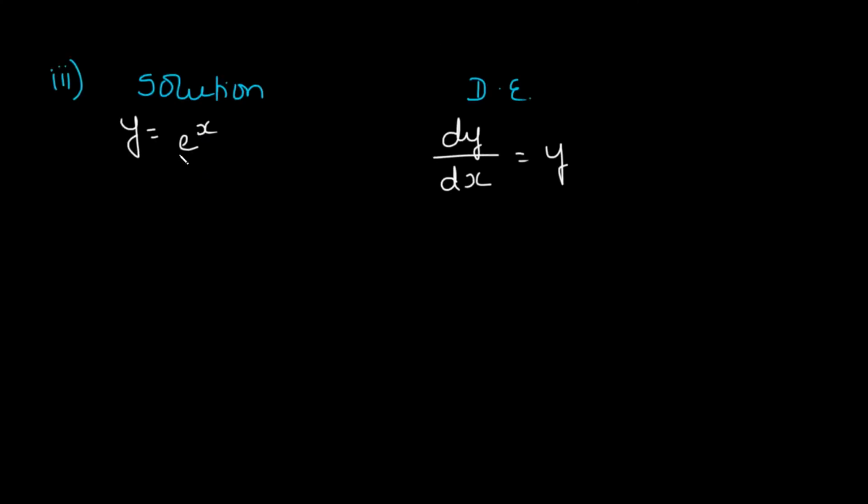The third question is really easy. As you can see, y is equal to e raised to x is given. So the differentiation, that means dy by dx, is going to be e raised to x, which is also y. So you can easily solve this sum. I leave it to you as an assignment to be done in your notebook. We go on to the next question now.